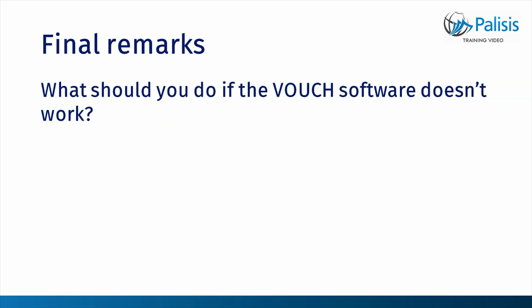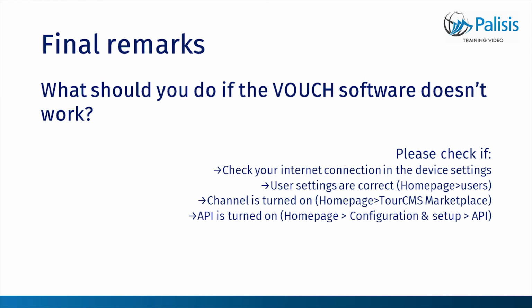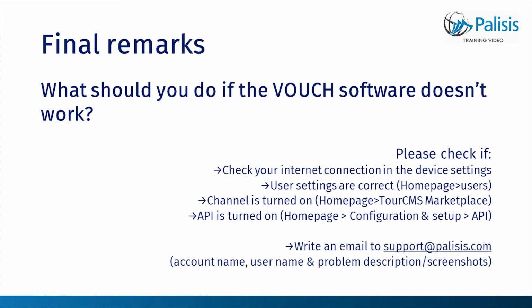What should you do if the VOUCH software doesn't start? Please ask your supervisor or check yourself if the user settings are correct, the sales channel is turned on, and the API is turned on too. If these steps don't work, please write an email to support@palaces.com. It's important for your support manager to know the exact account and username,